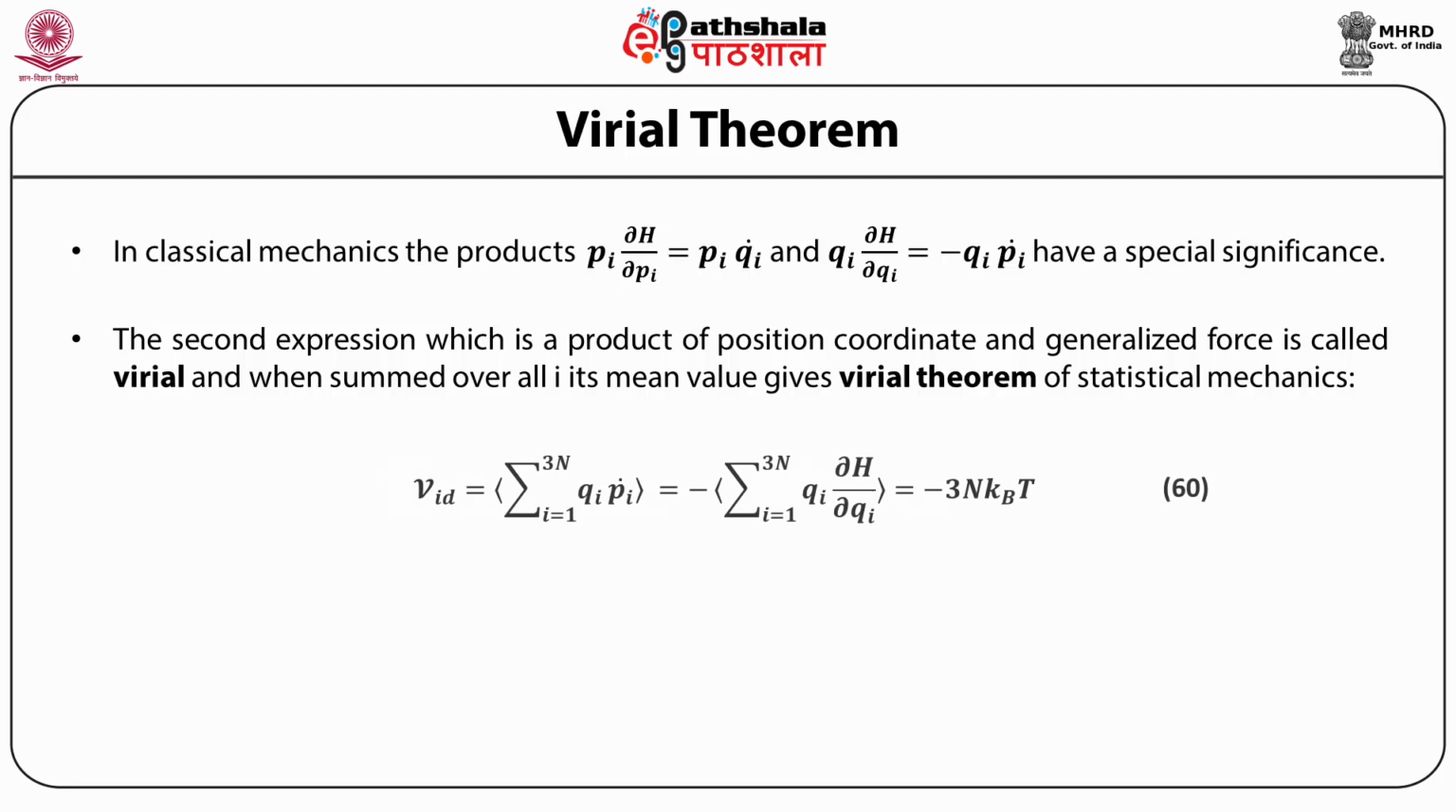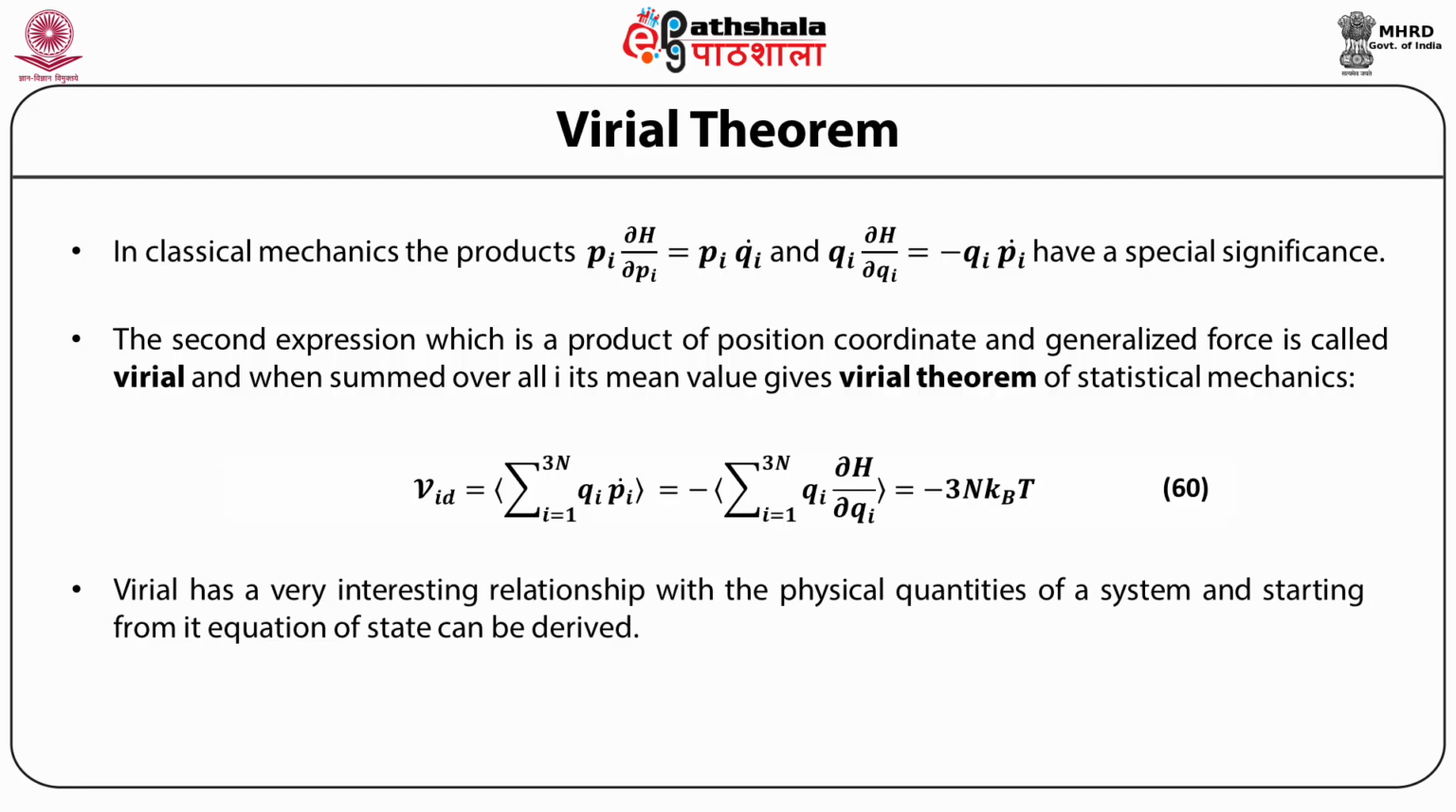That is, virial is equal to the mean value of summation over i equal to 1 to 3N of q_i p_i dot, which is equal to the negative of the mean value of summation over i equal to 1 to 3N of q_i partial derivative of H with respect to q_i, which is equal to minus 3N k_B T. Virial has a very interesting relationship with the physical quantities of a system, and starting from it, the equation of state